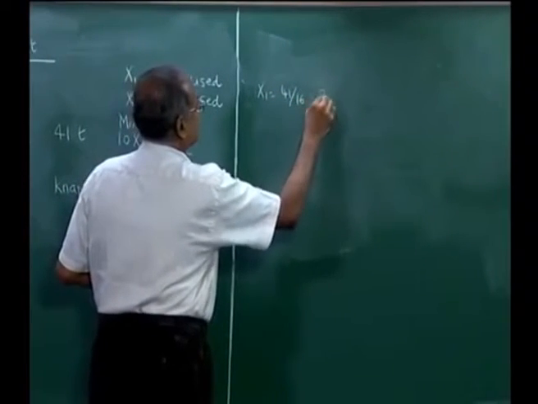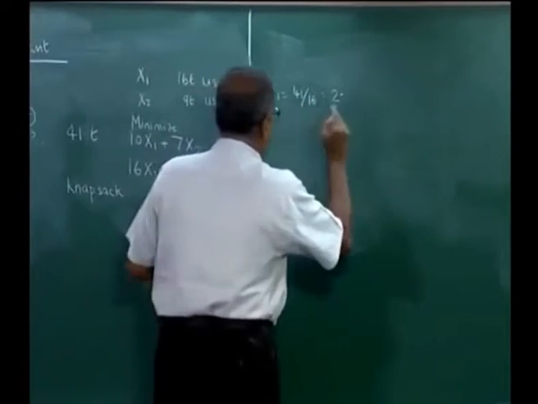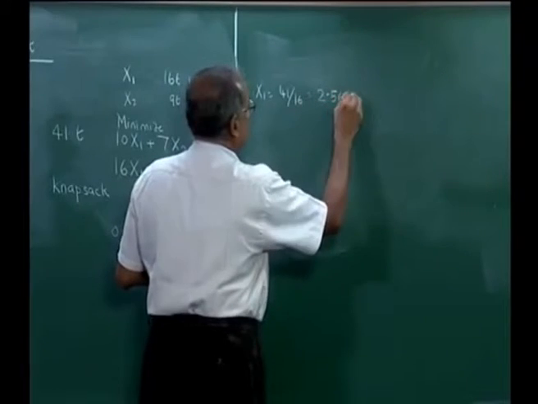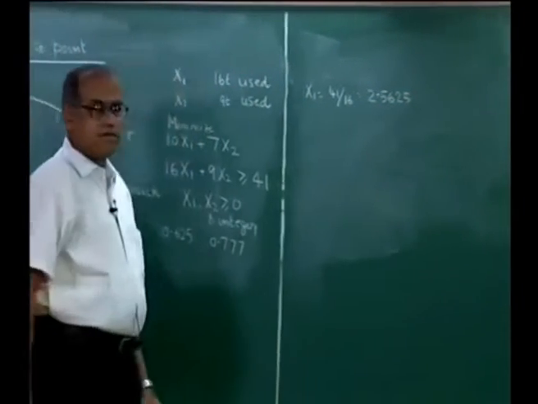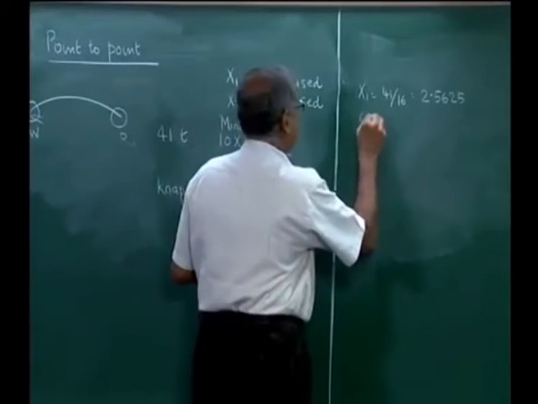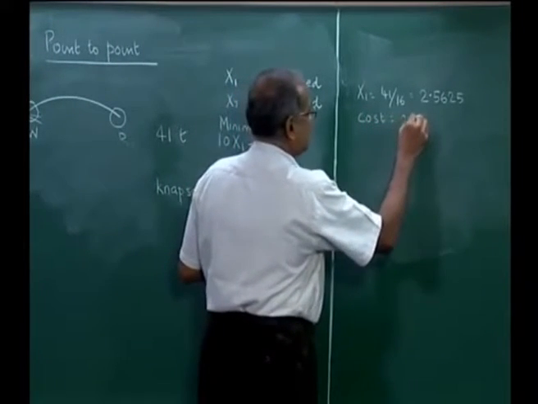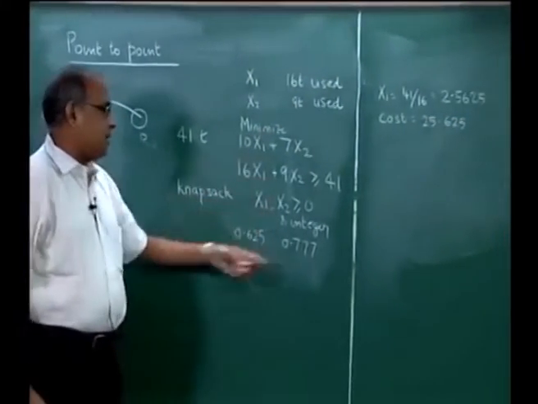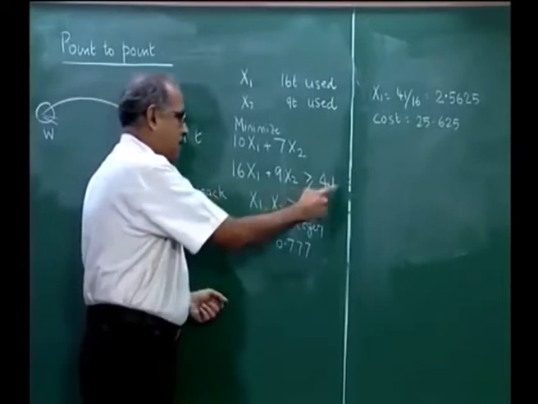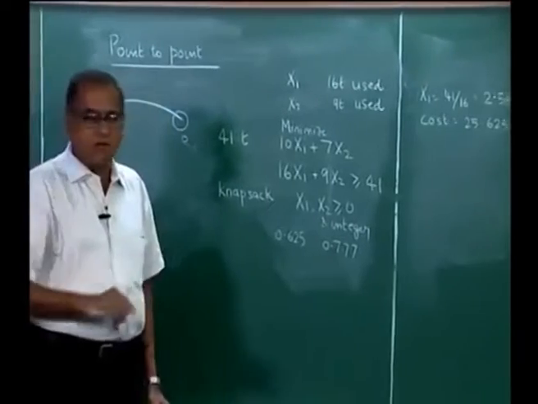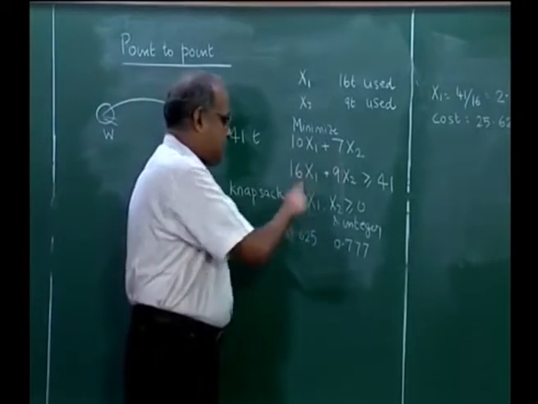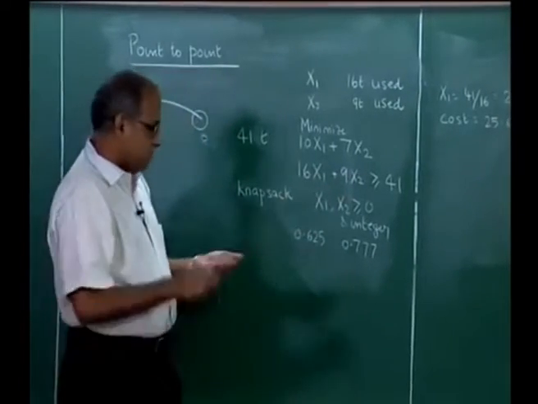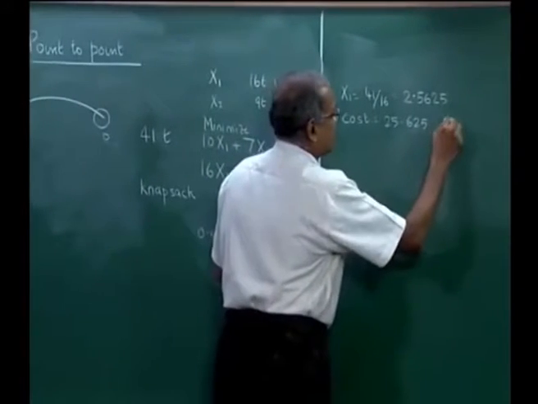41 by 16, which is 2.5625, and cost equal to 25.625. So, this will be the LP optimum. Because there is only one constraint, the LP will choose only one variable, and it will choose the variable which has the smaller coefficient. So, it will choose x1 and give it a value 41 by 16. So, 25.625 will act as a lower bound